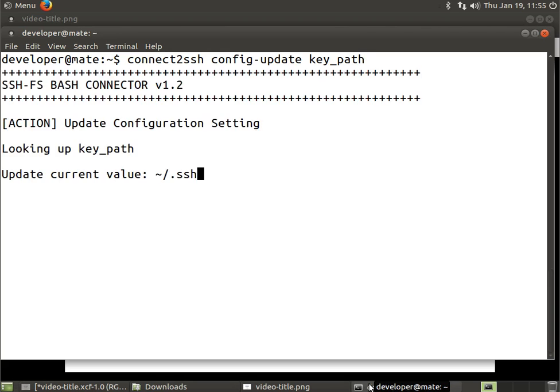Go ahead and hit enter. The system's going to say, okay, I'm going to be updating this configuration setting. It looks up this variable, which is, of course, the key_path, and then it's going to give us the current value. Now, on Unix systems, if you're already familiar,